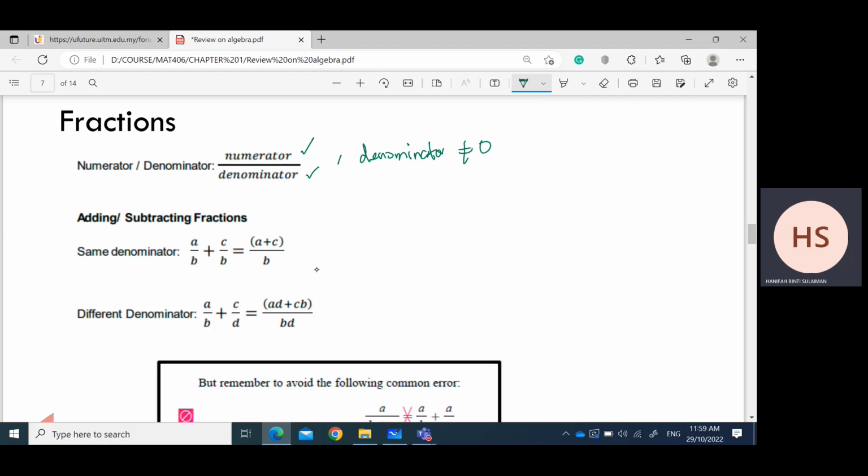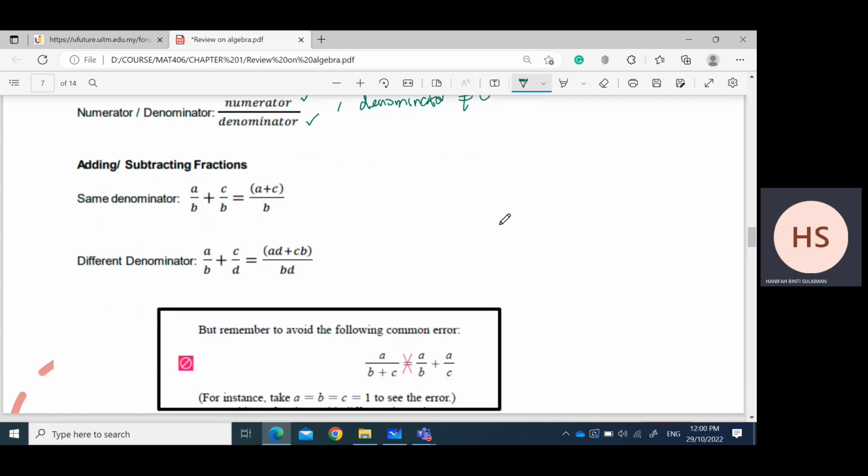Okay, so in a fraction we have a few operations that we can do. The first one here is adding or subtracting fraction. So in fraction we also can use multiplication. Okay, so itu adalah dua benda asas lah, iaitu kita ada operasi tambah, tolak dan juga darab. Okay, so untuk adding or subtracting fraction ataupun pecahan yang melibatkan operasi tambah dan tolak, kita perlu pastikan denominator ini